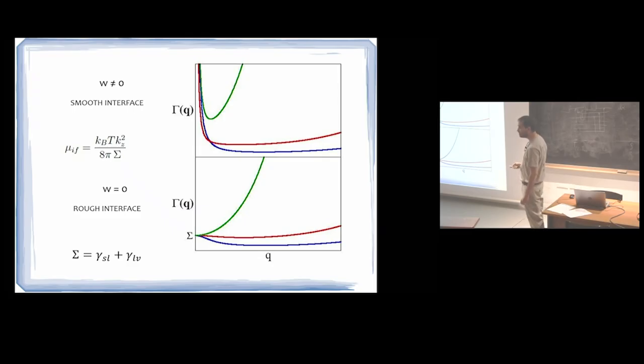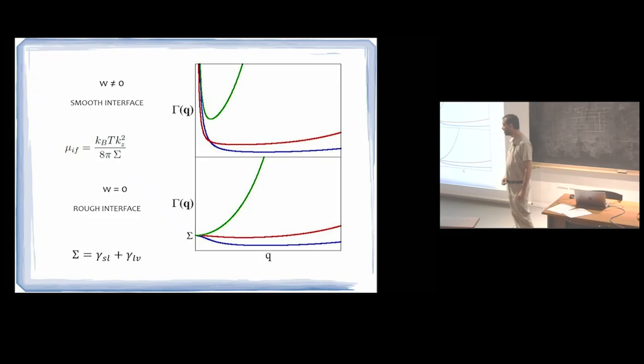If W becomes 0 at the roughening transition, then the wave vector dependent surface tension changes completely. They now all converge to one single value. And what is that single value? It's the sum of the solid liquid and liquid vapor surface tensions. Okay? So here you assume that you have